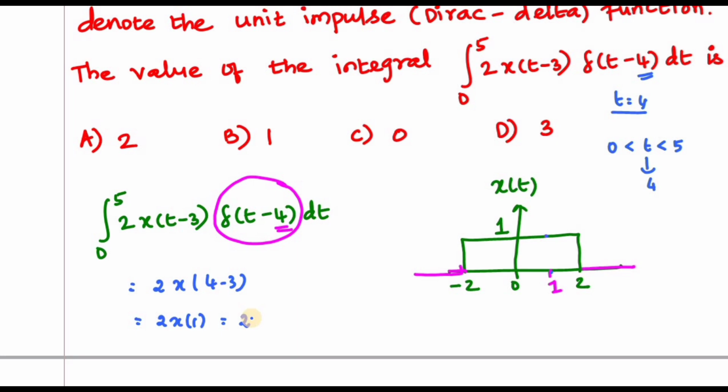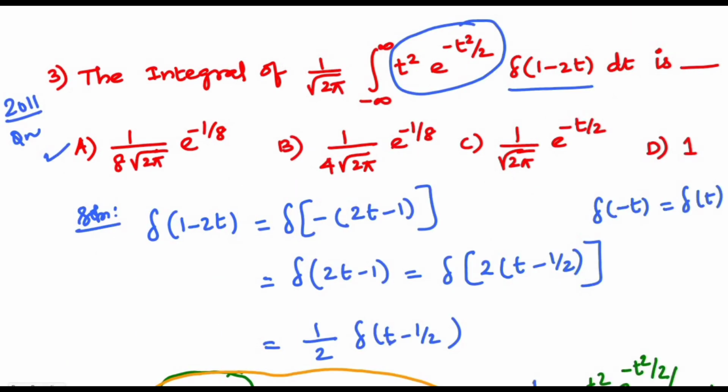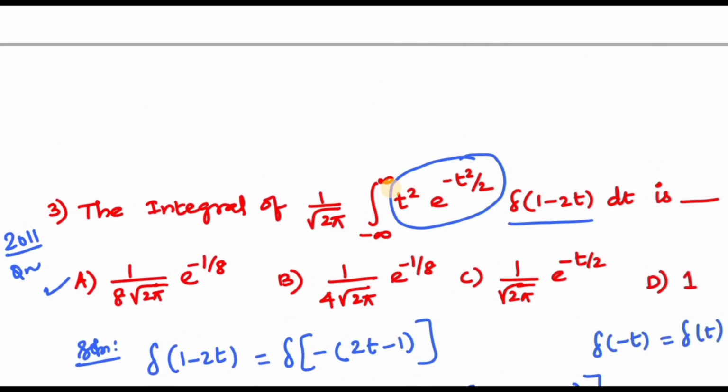Next. So the next problem, the integral of 1 divided by root of 2 pi, minus infinity to infinity, t square e power minus t square divided by 2, delta of 1 minus 2t dt. So this is also similar to the sixth property. So here I can take delta of 1 minus 2t. If I take 2 common, I will get, since delta of minus t is equal to delta t according to the property,